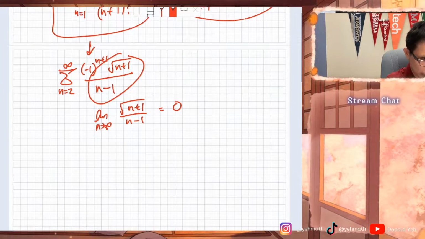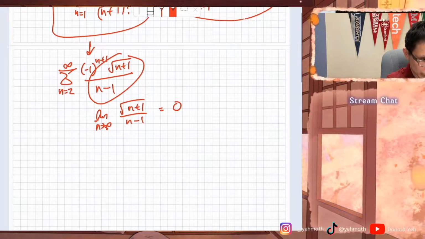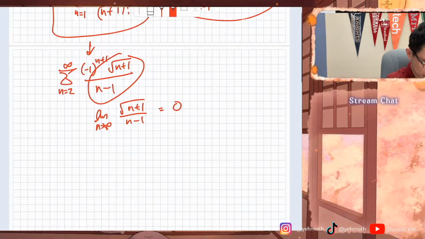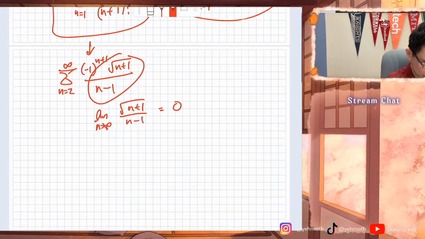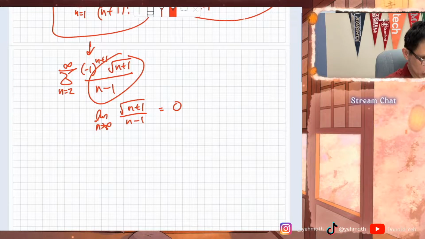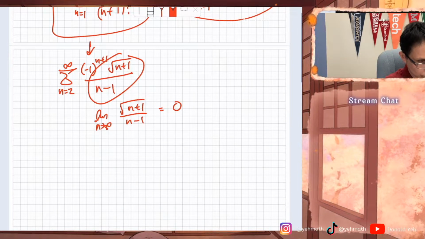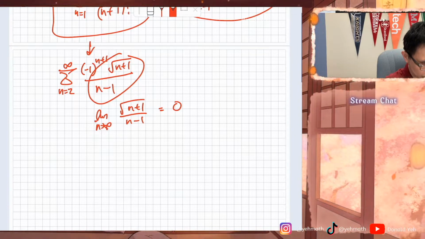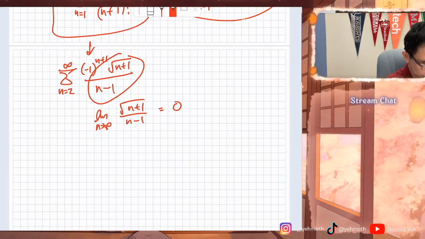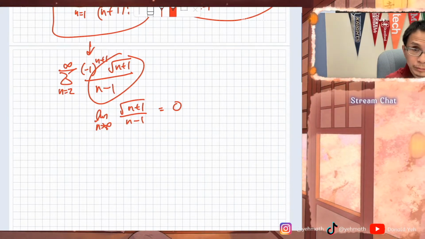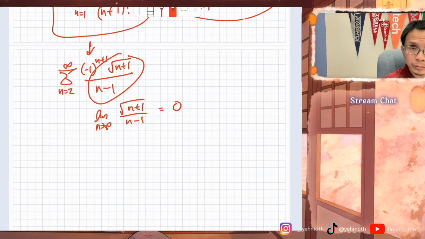So, a sub n was 1 over n. We showed that the limit of that sequence is 0. We also showed that this thing is decreasing because if I add 1, I get 1 over n plus 1. That's always less than 1 over n for all n greater than 1. Well, that's equal to a sub n. So now I've shown that a sub n plus 1 is less than a sub n. That's decreasing. By the alternating series test, we have something that's alternating, where the limit of our sequence is 0, and that is decreasing. Tell me something about this series. It converges. It absolutely